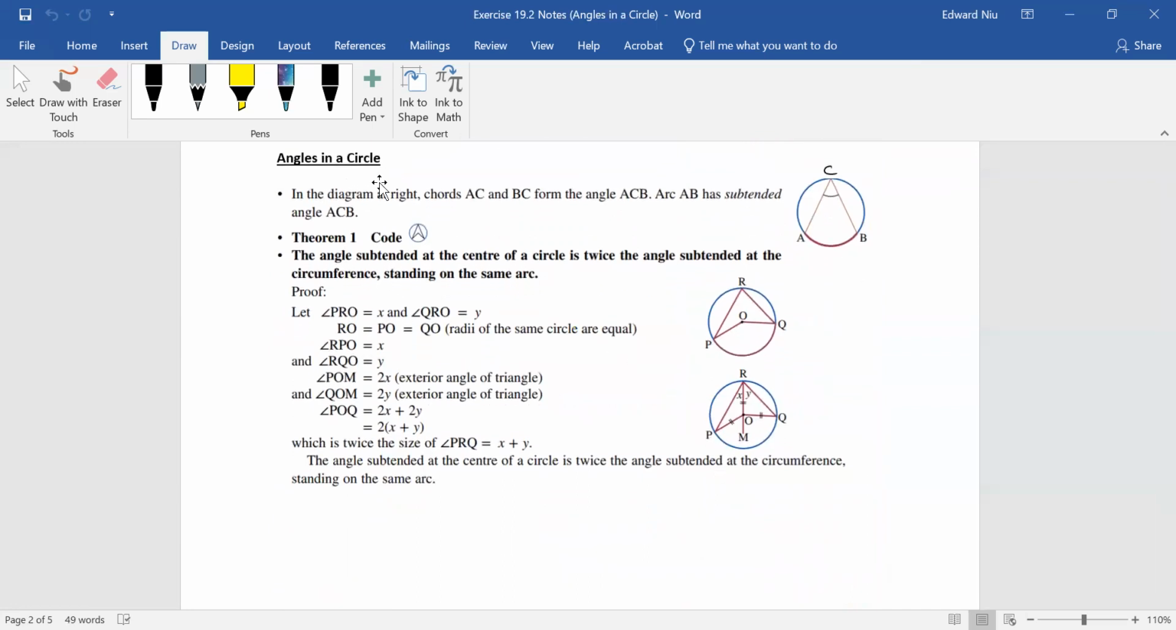So what you notice is the theorems all have a code. So theorem one says, okay, in the diagram at the right, chords AC and BC form the angle ACB. Arc AB has subtended angle ACB. Long, complicated words, long story short, without looking too much into the proof, if we have two chords, AC and BC, the angle at C is going to be half of the